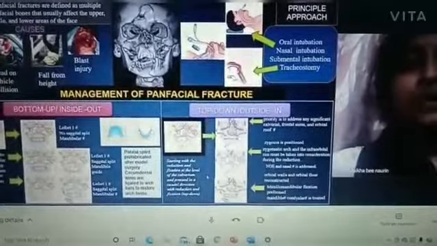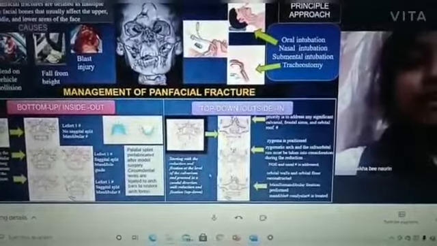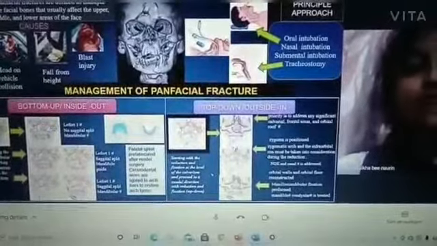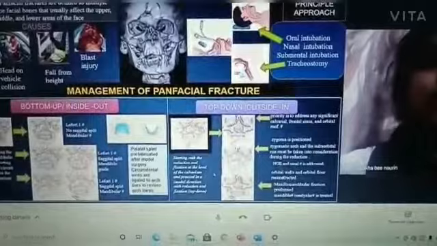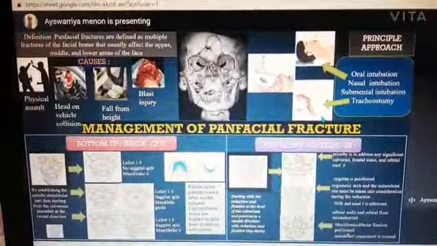The naso-orbital, ethmoidal and nasal fractures are then addressed, and finally the orbital wall and orbital floor are reconstructed. And then they go to the maxillomandibular fixation, where the mandibular fracture and the condylar fractures can be treated. Conclusion. Sequencing is often combined with either bottom to top or top